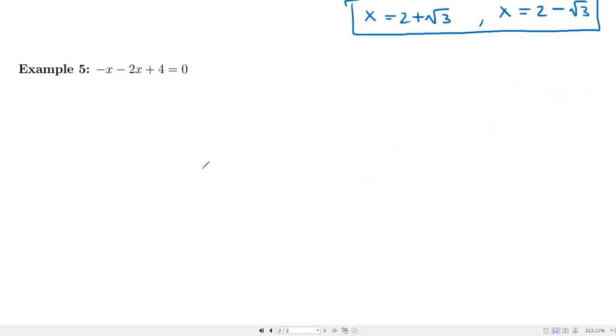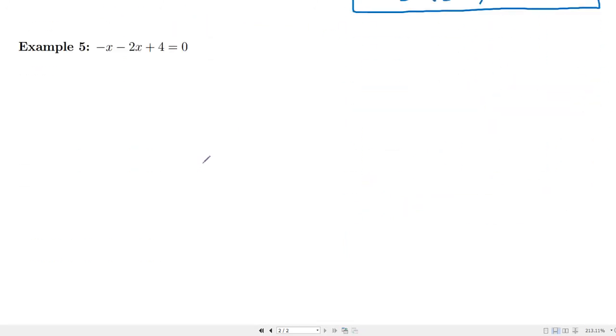And then finally, we have this one. So negative x squared minus 2x plus 4. And so do we have any common factors that we want to divide by? Well, looks like we're good here. So a is negative 1, b is negative 2, and c is 4. So quadratic formula, x is negative b plus or minus the square root of b squared minus 4ac